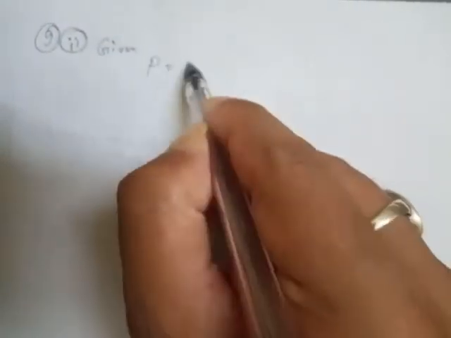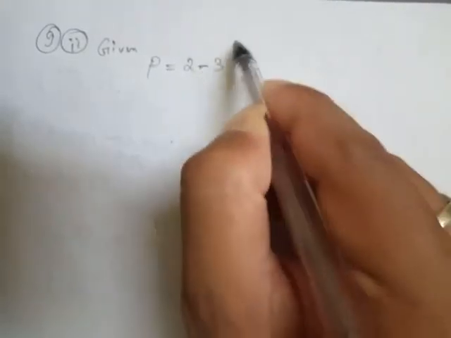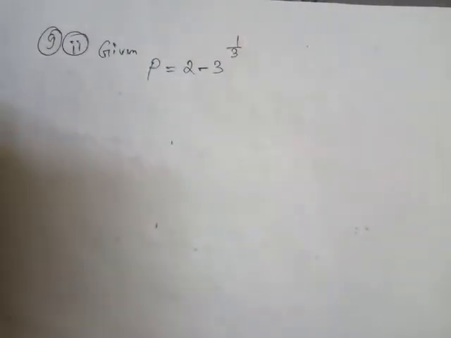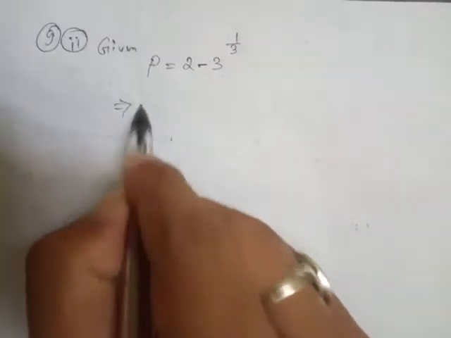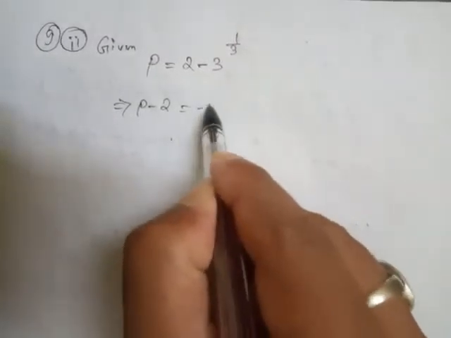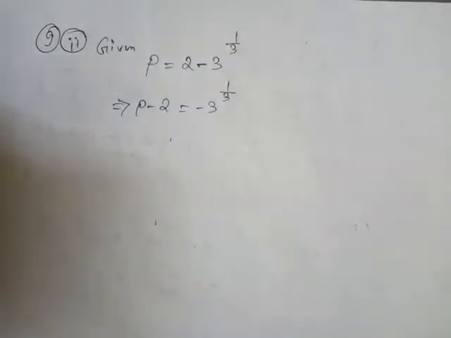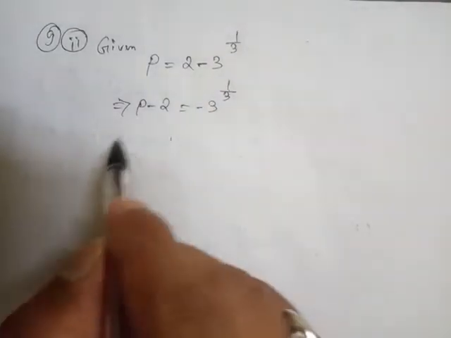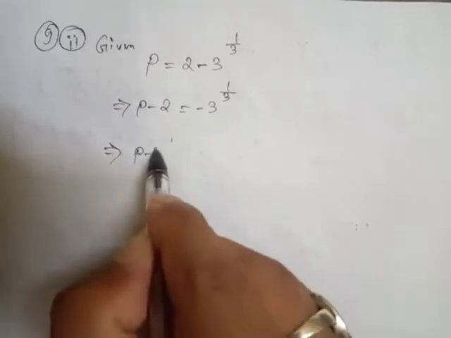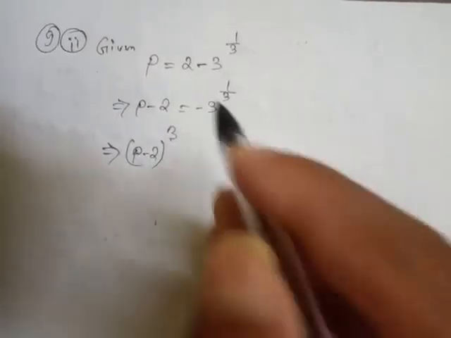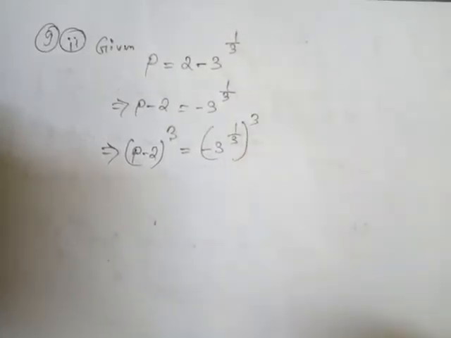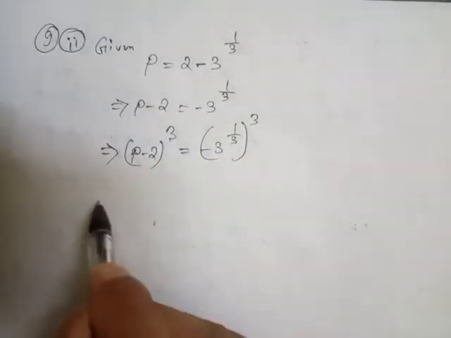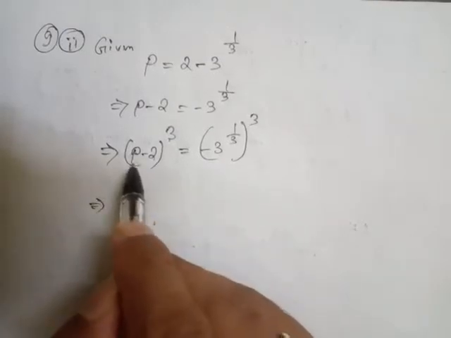Given: p equals 2 minus 3 to the power 1 by 3. This is the given condition. So here, p minus 2 equals minus 3 whole to the power 1 by 3. Now cubing both sides, then (p minus 2) whole cube and (minus 3 to the power 1 by 3) whole cube. Now in the next step we'll apply the formula that (a minus b) whole cube